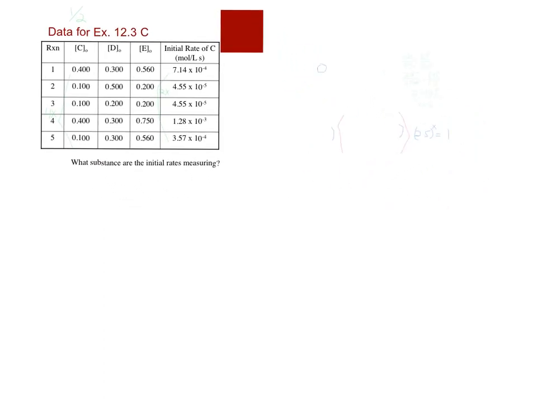So again, now I'm looking at rate 4 to 1 for E. So rate 4 over rate 1. And we're only looking at E because everything else is constant. So that's E of trial 4 to the x over E of trial 1 to the x power. So that's going to give me